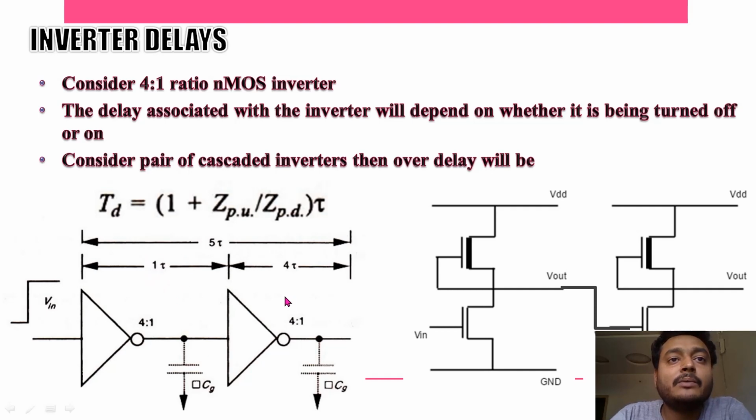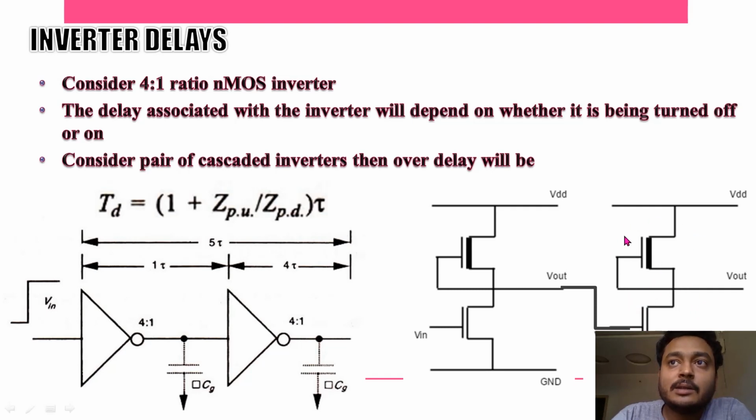Similarly, when you go from this stage to the second stage, here when you are applying input 1, obviously you are going to get output as logic 0. So at this particular node you are getting logic 0 as an output. In this case, this 0 is driving this inverter. So when you are applying the logic 0 here, the V in this transistor will be turned off. Okay, so this will be turned off, and only this is going to act here.